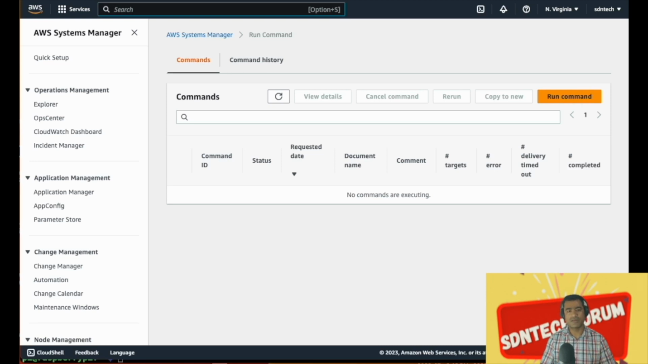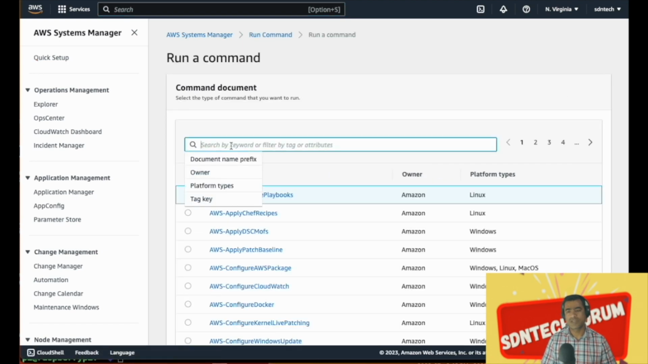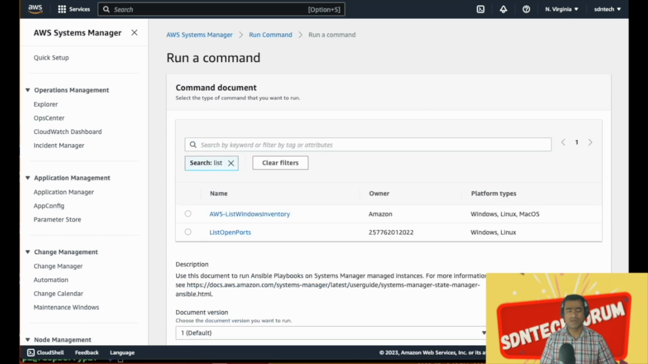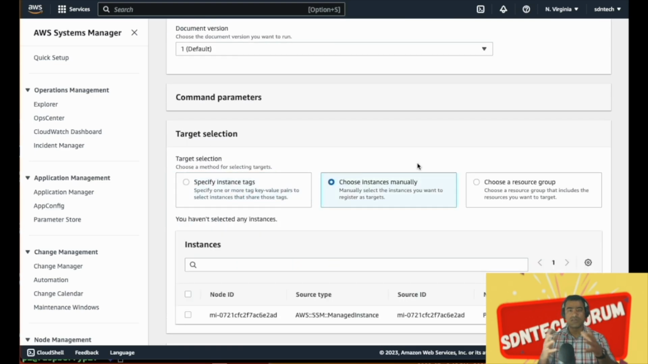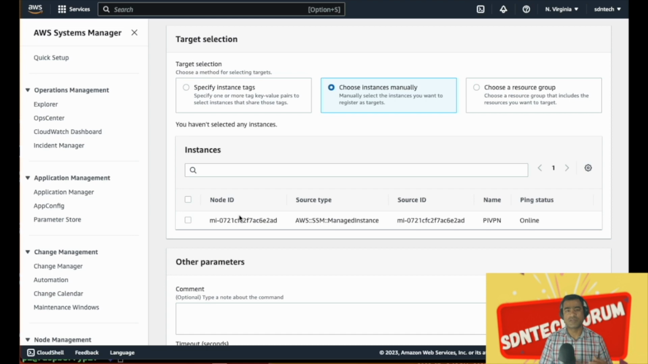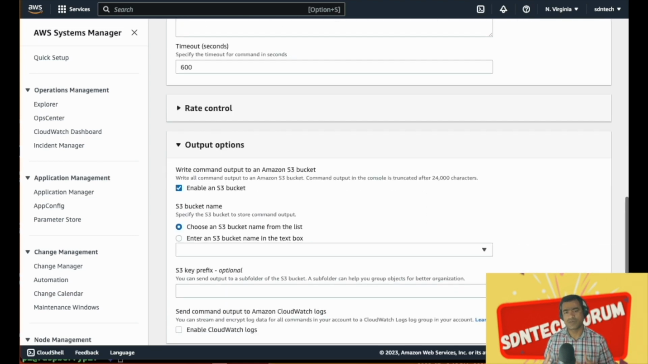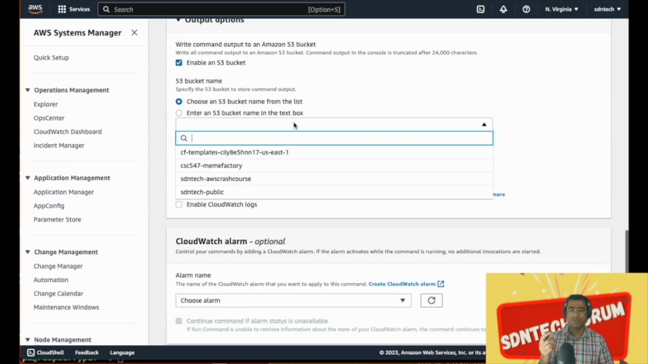All right, we are here at Run Command. As you click on Run Command, all the command documents start showing. Let's find the one we created. List open ports. As you can see, the owner is a number. It's not Amazon, because it was created by a user. It was not created by an owner. And we will choose our instance